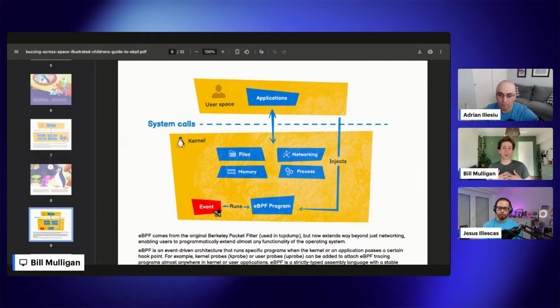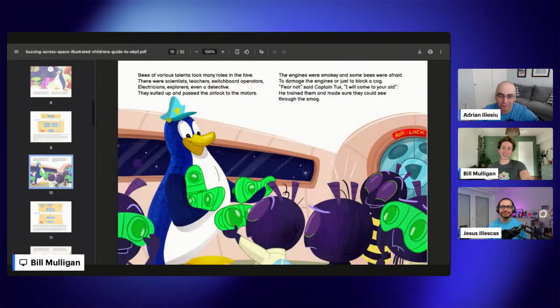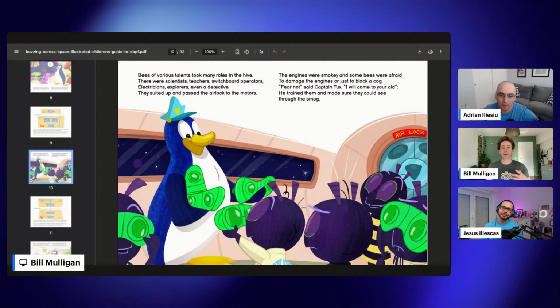And what's exciting for me about eBPF right now is that I think it's going to be a generational technology. It's going to shape how we think about and architect our infrastructure systems for the next 10 years. There'll be a technology after eBPF. There's always another technology, right? But I think this is the moment for eBPF, and it's a really exciting time to get into it. So that's the high-level vision, right? And then the question is, how does it actually work? And so now we're talking about these little bees with these safety things going into the engine room, right?